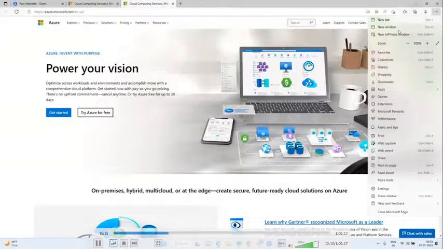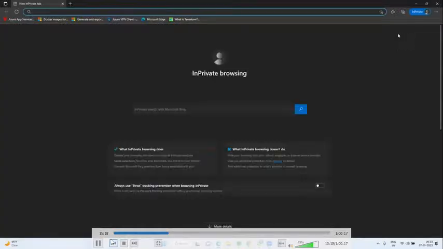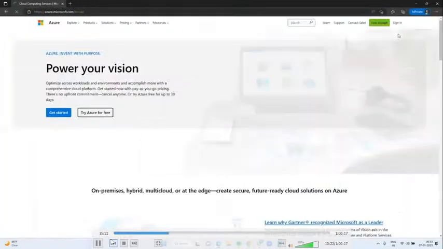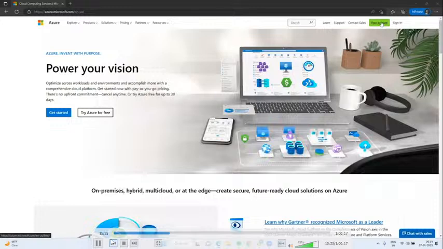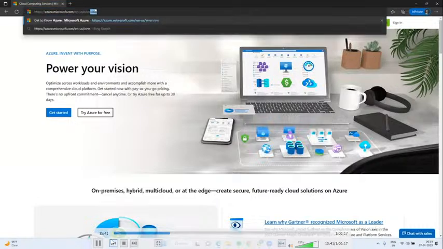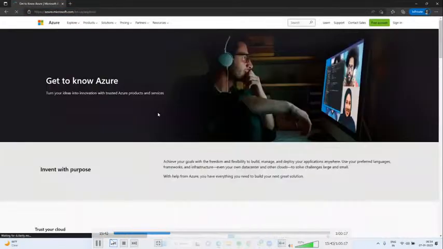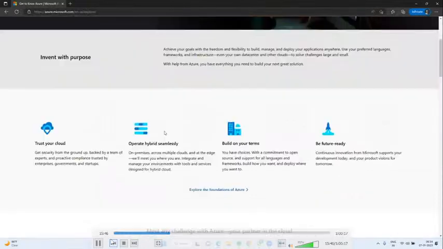Next, I will verify in a private window, azure.microsoft.com. Now click on start free account. Before creating a free account, just click on overview.